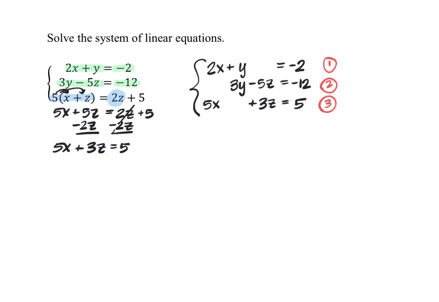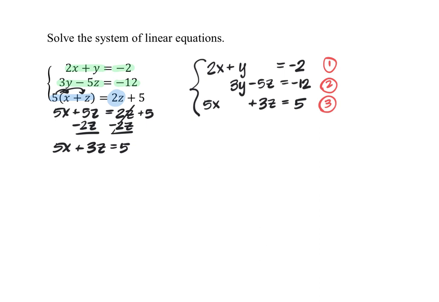So as I look at this and decide what's the best route, I see if I were to take equations, let's say 1 and 2, then the only variable that they have in common would be a y. So I have a y and a 3y, so I would be working to eliminate y if I chose equations 1 and 2. Instead, if I were to choose equations, let's say 2 and 3, the only variable term they have in common would be the z's, so I'd be working to eliminate z, and I have negative 5z and positive 3z. Now, if I wanted to use equations 2 and 3, that would require a little bit more work on my part because I would have to multiply both equations by a number in order to eliminate the z